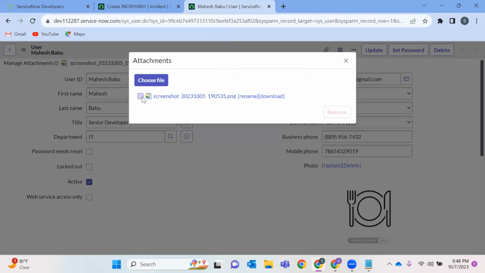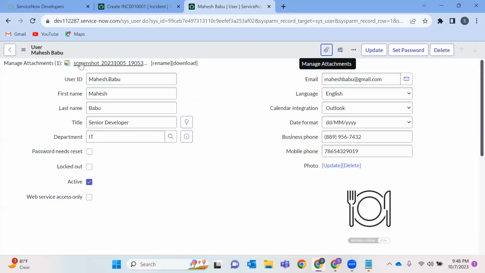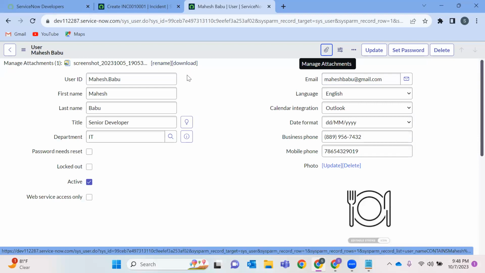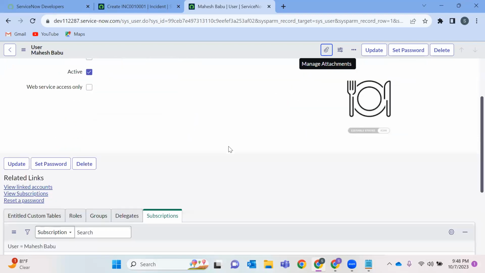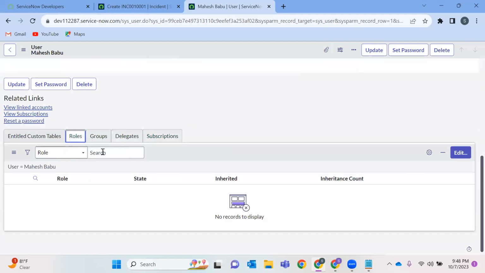If I don't want this attachment, I can just click here and remove it. If I want it, I can see what I have added. I can rename it, I can download it. And now roles. Don't worry about these custom tables. Once we are into tables, I'll help you with this information.